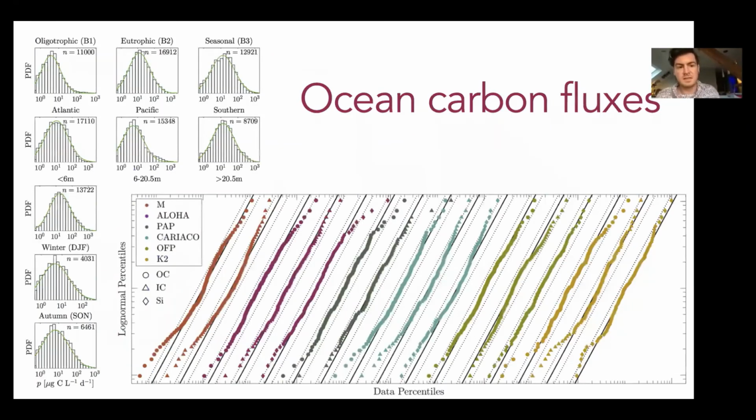And so we see very robustly in different parts of the ocean, or at different times, or different depths, that we always get log normal distributions for productivity. And similarly, at all kinds of different stations in the ocean, we see log normal variations in carbon fluxes, even all the way down to the seafloor. So that means this log normal variability happens from the productivity all the way to pretty much that carbon being deposited on the sea surface. So it's really profound, it's a ubiquitous description of the variability of these fluxes.